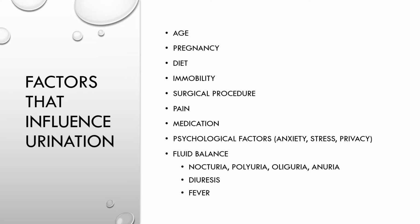Psychological factors: anxiety, emotional stress, privacy. We take them to the bathroom, and if we're just staring at them, that's going to be a little bit of a factor, right? We have to stay because maybe they're a fall risk, but think about that psychological impact that puts on the patient. Fluid balance, so just know this different